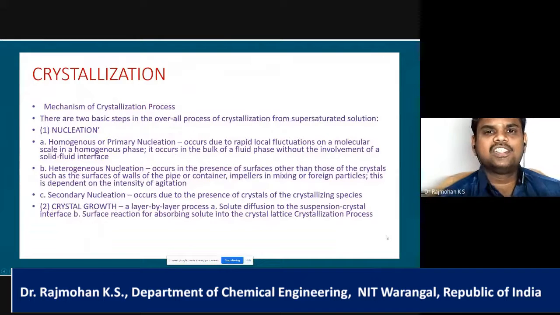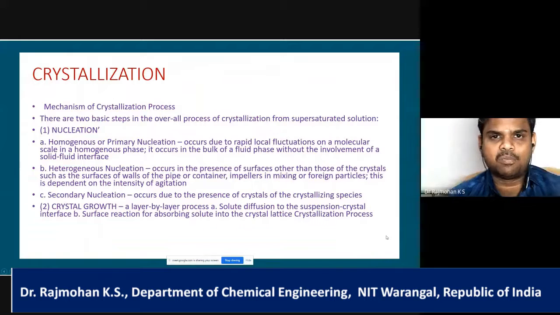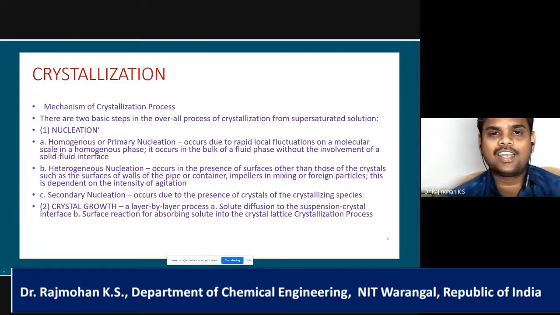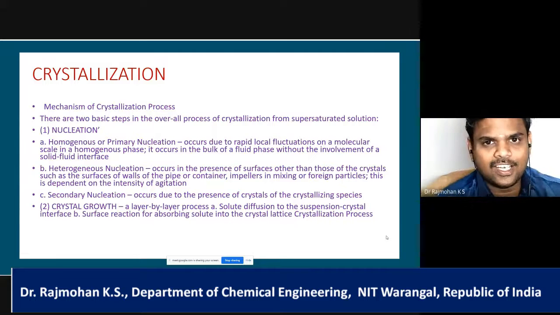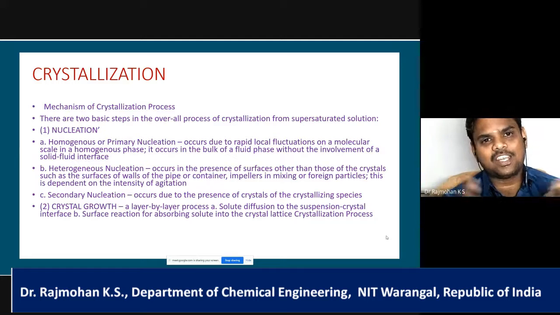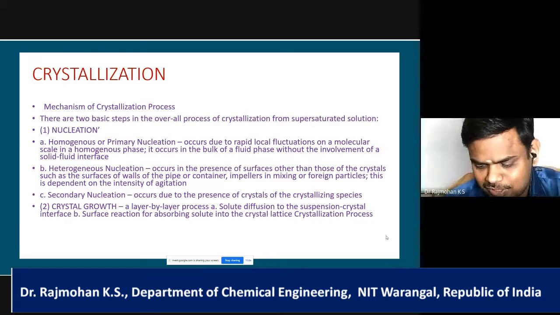Having seen that there are two steps involved in this crystallization process, primary nucleation and secondary nucleation, where primary nucleation can take place by homogeneous or heterogeneous nucleation. We have seen that primary nucleation mainly takes place in the precipitation method of supersaturation, whereas for industrial processes secondary nucleation is widely used. Once nucleation takes place, the second part is crystal growth, and how the crystal growth takes place follows the delta L law.